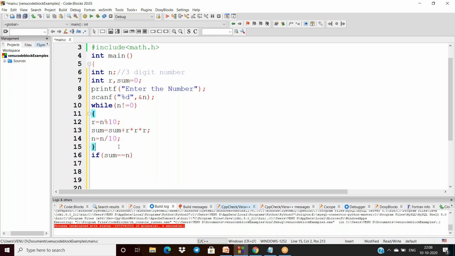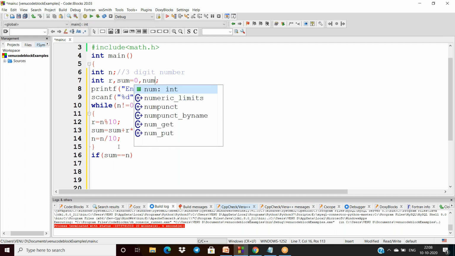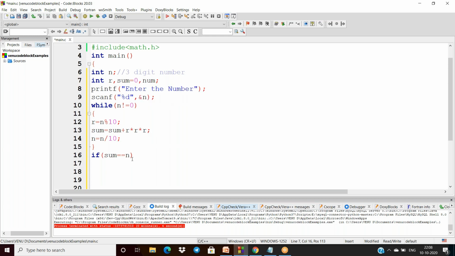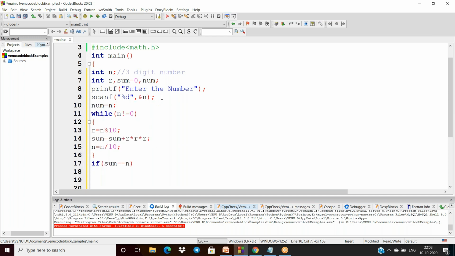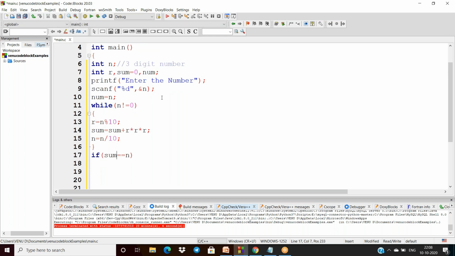But n is modified here, so I have to take one more variable called num, and initialize n into num.